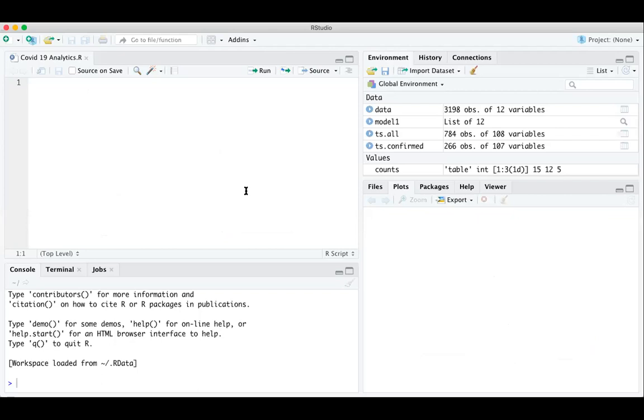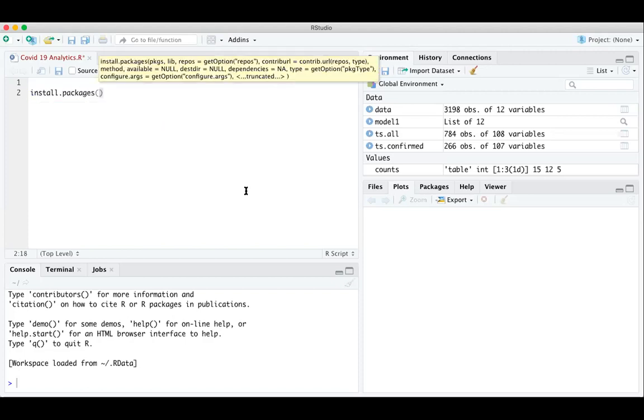First of all, let's install the package, which is COVID-19 analytics. So install.packages, COVID-19 analytics.